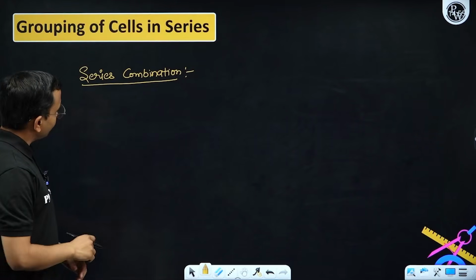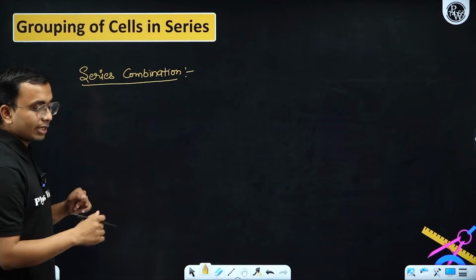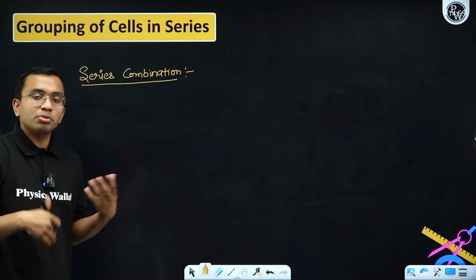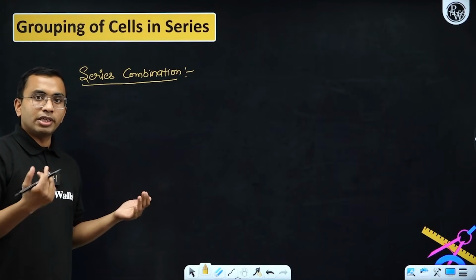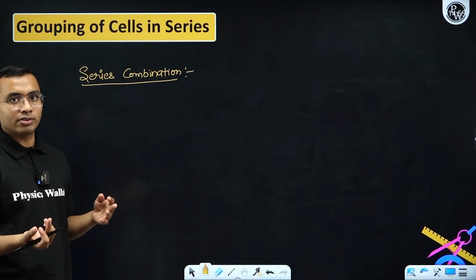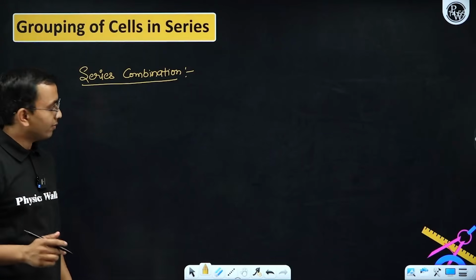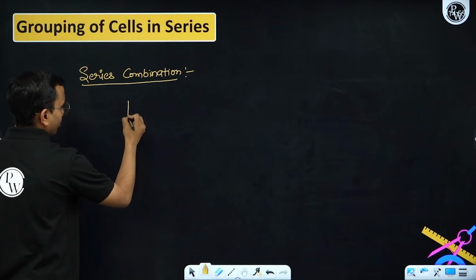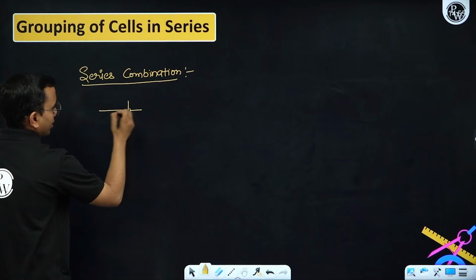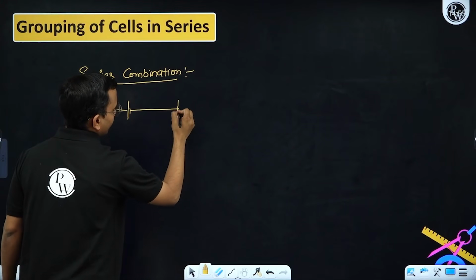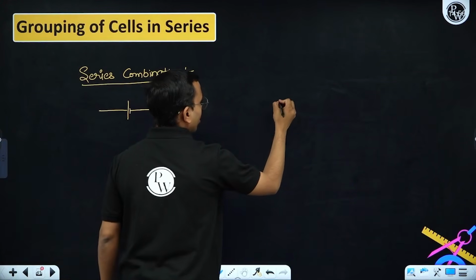Series combination means two cells are connected in series. Now connections may be of two ways. The positive terminal is connected with positive, or positive is connected with negative. So the combination can be like this, or the combination can be